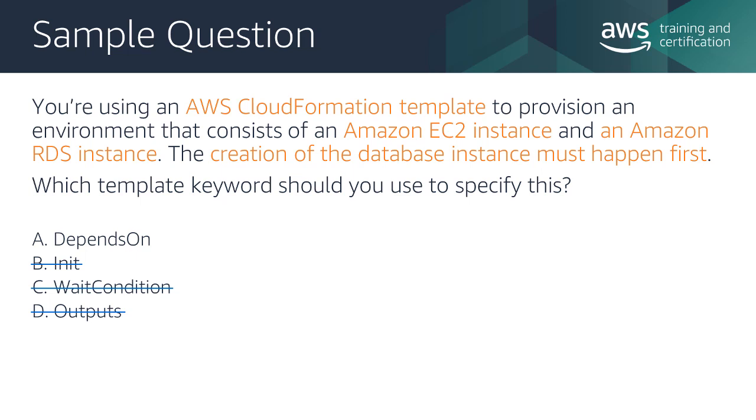The one that does is depends on. This is the solution we're going to use in order to make sure that once the RDS instance is complete, the EC2 instance depends on RDS checking in as done. You need to know the different parts of a CloudFormation template for this section of the test. Next,